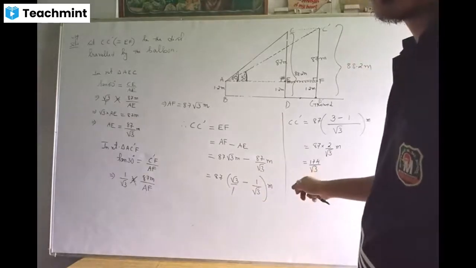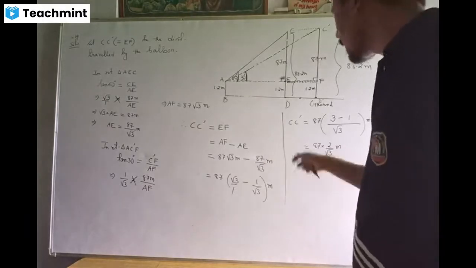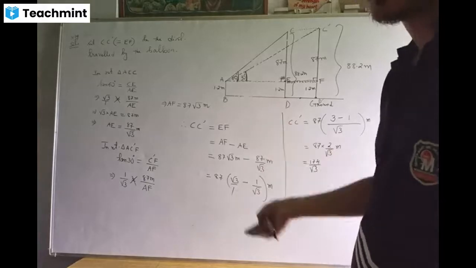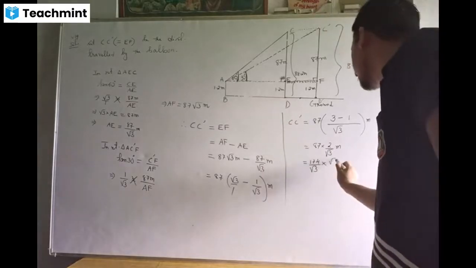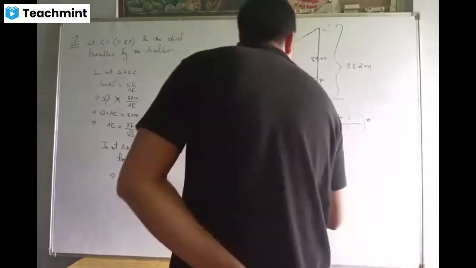Now in the denominator, we have square root of 3, which is irrational. In the denominator, we are never supposed to have an irrational, okay? Like square root of 3, square root of 2, square root of 5. So our only option is to rationalize the denominator. So we're rationalizing the denominator. Then what we have is